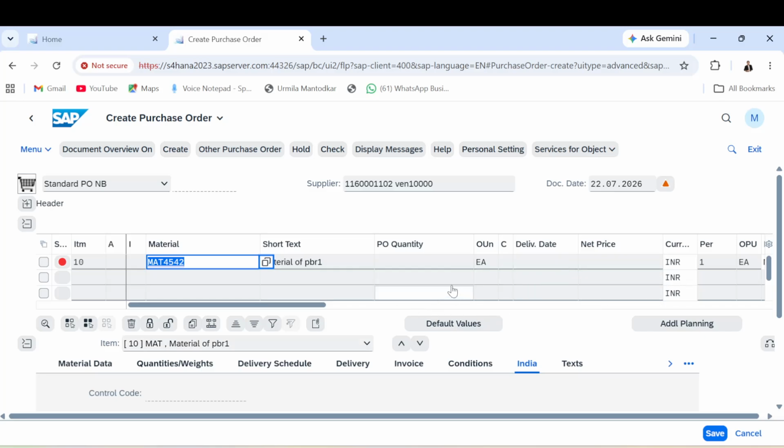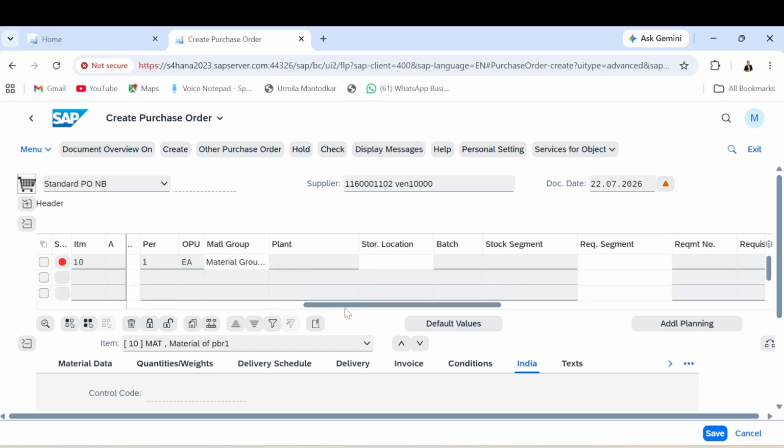and quantity, how much quantity we are ordering. Let's suppose 100 quantity we are ordering. Net price, let's suppose 100 INR. Delivery date, this is not a mandatory field, this is just optional. Then storage location. So I'm just giving the mandatory data here. Storage location, and just hit enter,